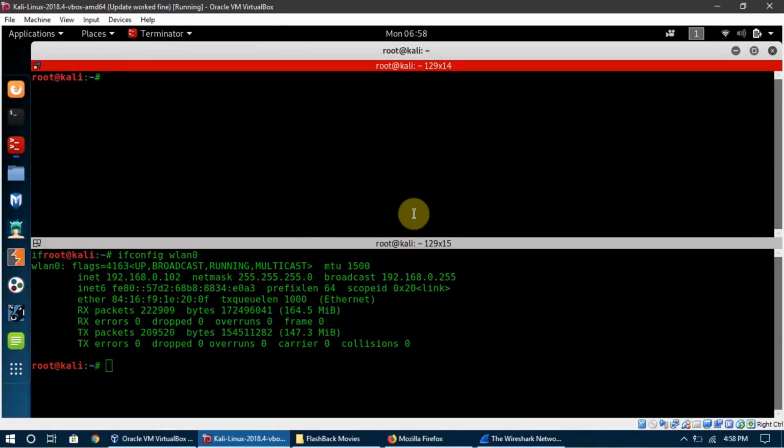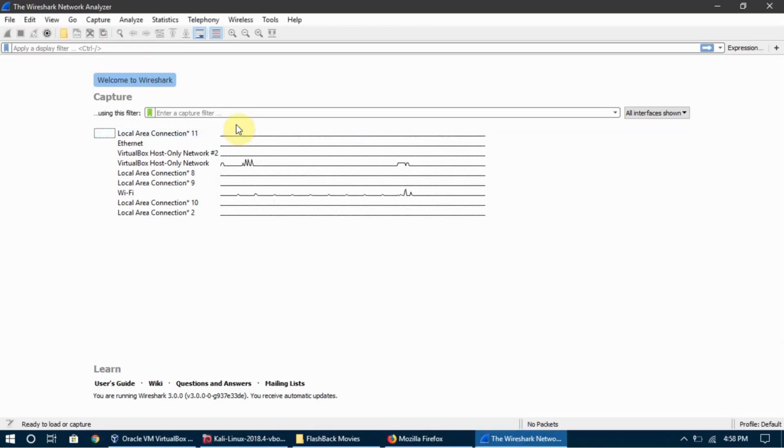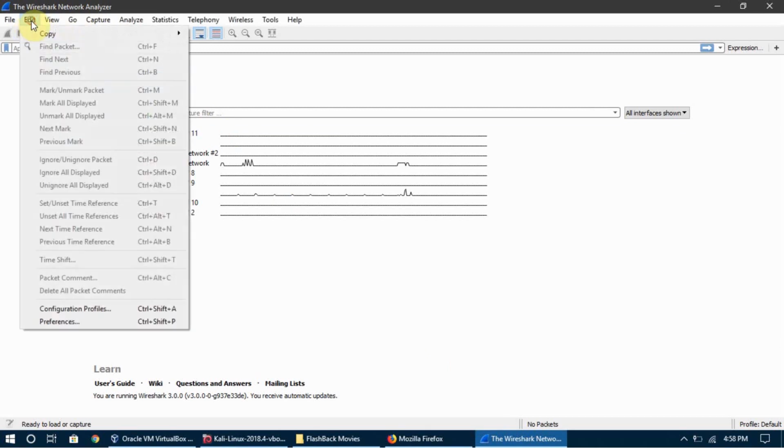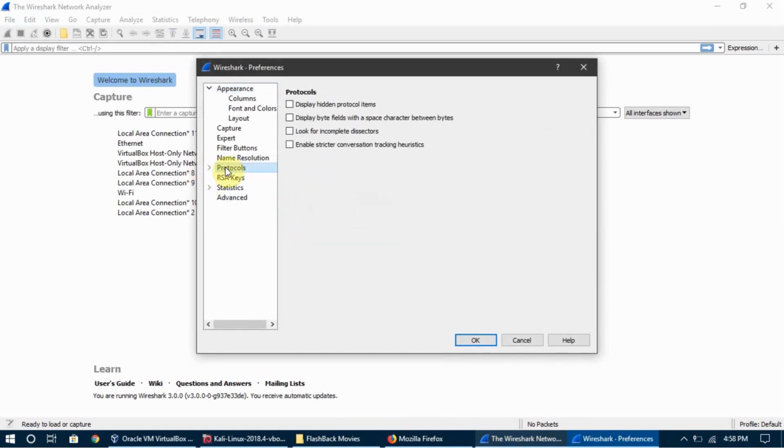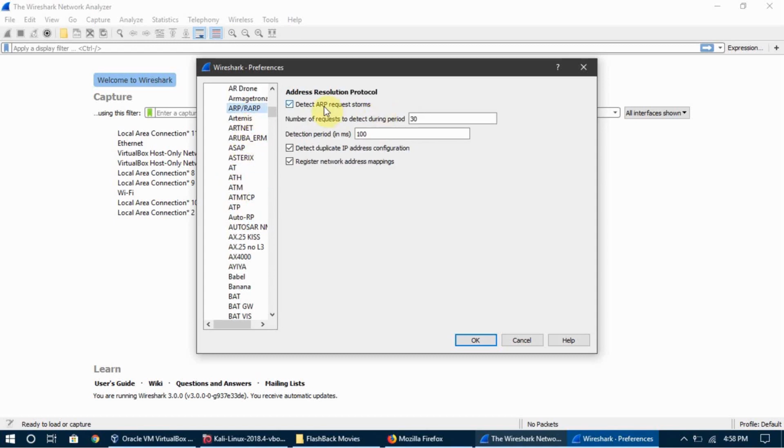The first thing I am going to do is go to Edit, then Preferences, and here Protocols, and you can just select ARP from here. This is ARP, and what you need to do is enable detect ARP request storms.